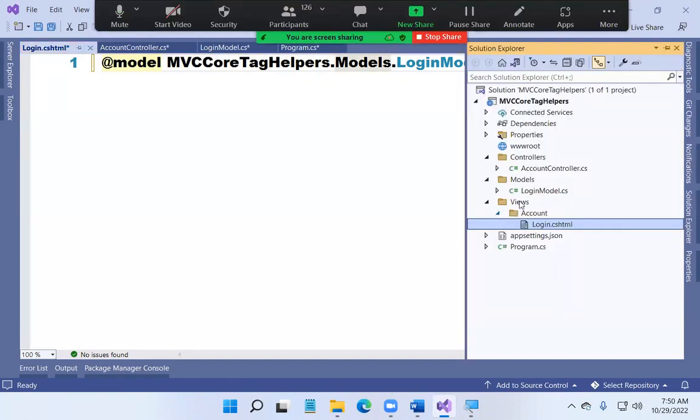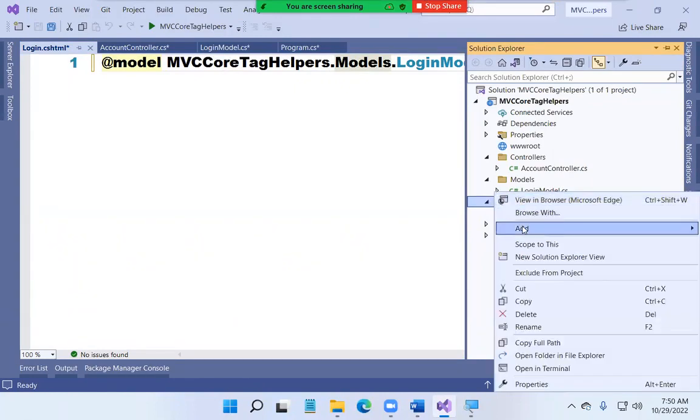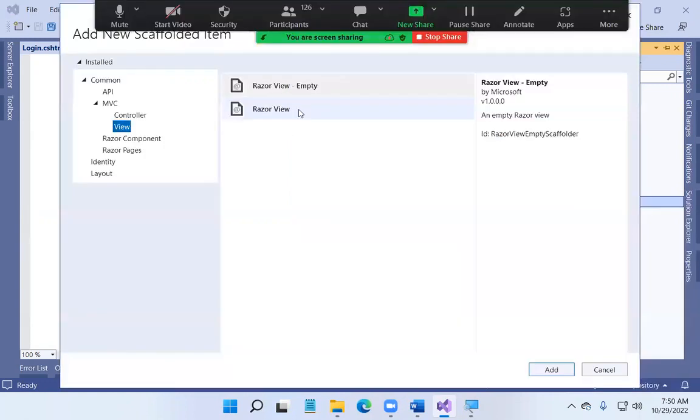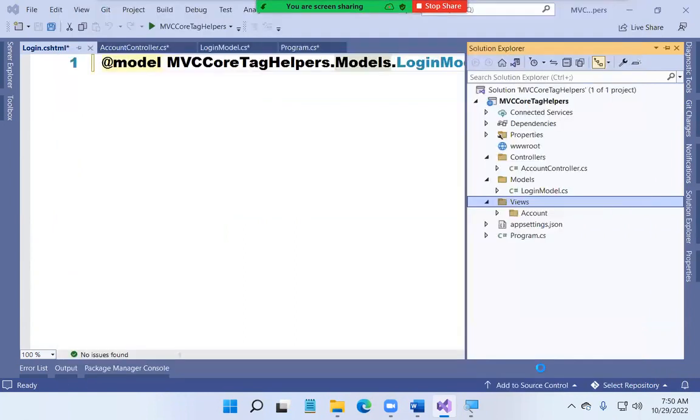In the views folder, directly in the views folder, not in the account folder, right-click, add view. Select the option Razor view empty. Click on the add button. And when you click on this particular add button, guys,